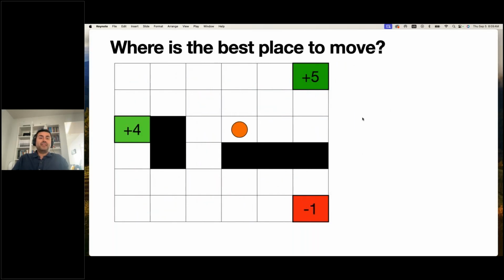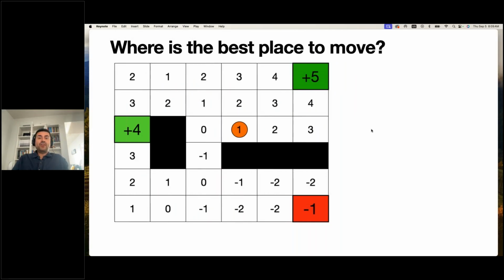If it costs 1 euro to move, then what's the best place to move? Well, you can use the values, right? If I always make sure I'm moving towards a value that adds 1, or that's the biggest possible value around me, then I'm good. If I'm in this 1, the best thing I can do is to move to either of these 2s. So let's pick this 2. If I'm at this 2, I can move to either 3. Let's move to the 3, and so on and so forth.